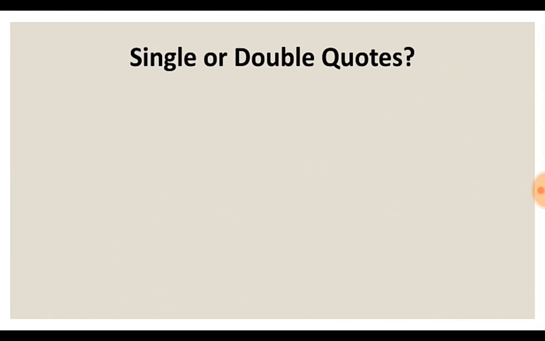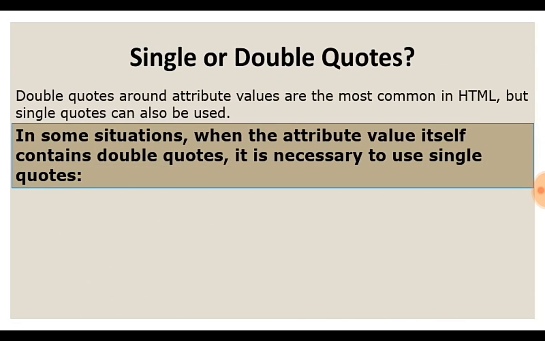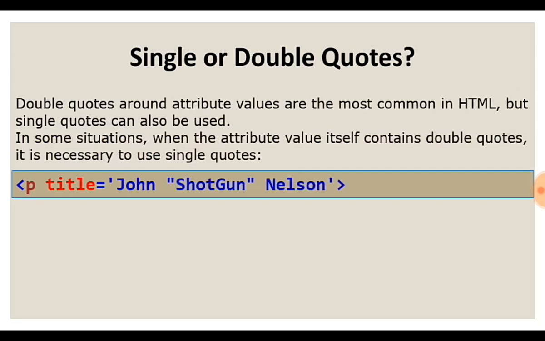Single or double quotes. Double quotes around attribute values are the most common in HTML, but single quotes can also be used. In some situations, when the attribute value itself contains double quotes, it's necessary to use single quotes. Or